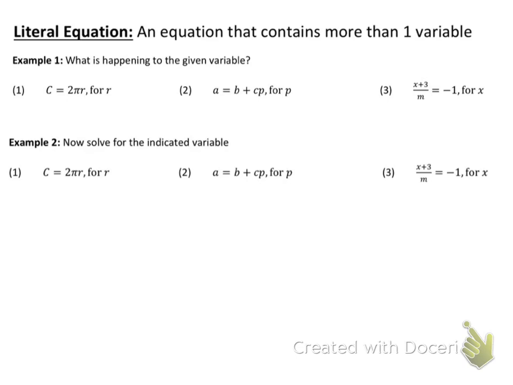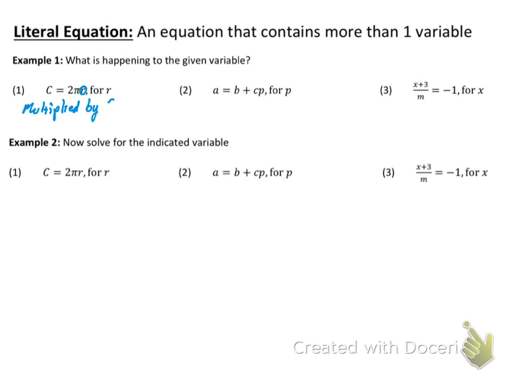So the first thing we have to do, which is what we were doing when we were solving equations, is figure out what's happening to our given variable. So if I wanted to solve c equals 2 pi r, which is actually the circumference formula for a circle, if I wanted to solve that for r, I want to get the r by itself. Well, what's happening to the r? It's being multiplied